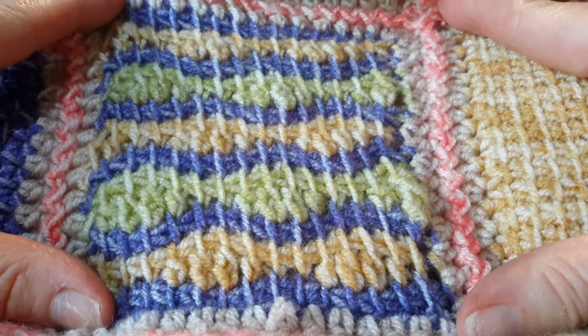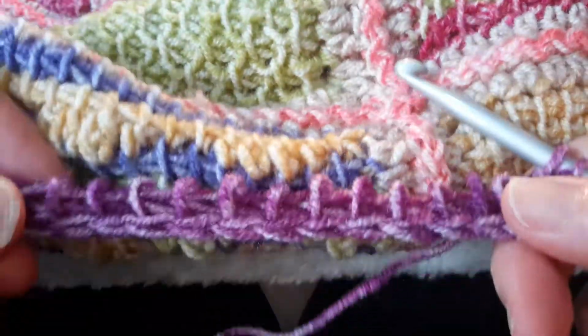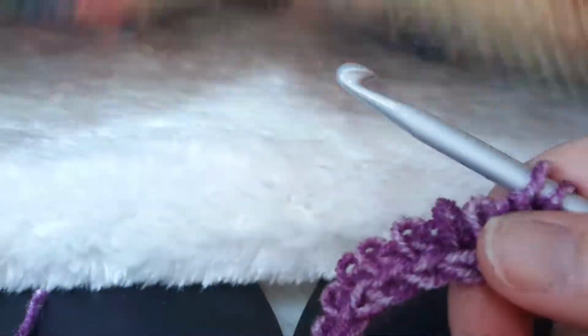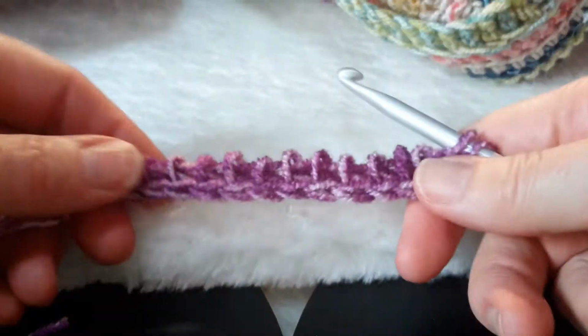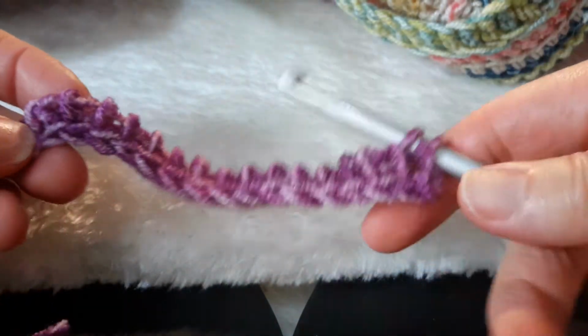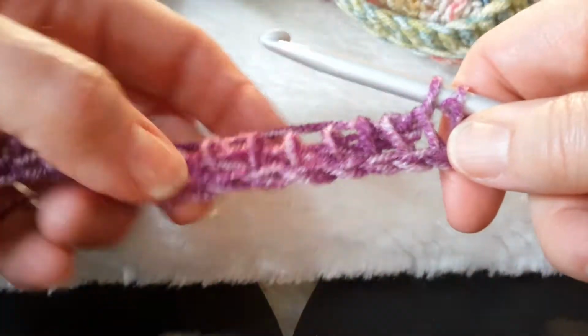So we start as normal with a straightforward foundation row. Okay, so foundation row just like that. Now I've stopped short on the right hand edge because that's where we're going to change colour for the first